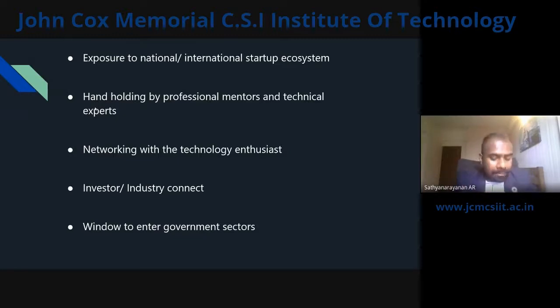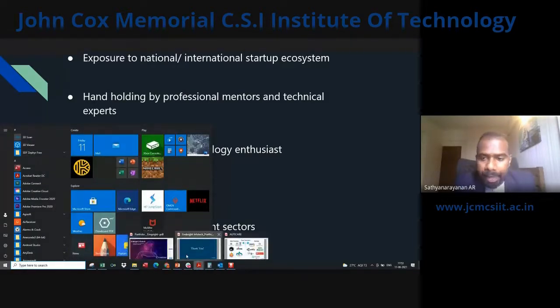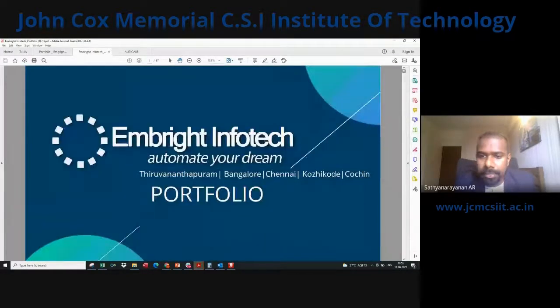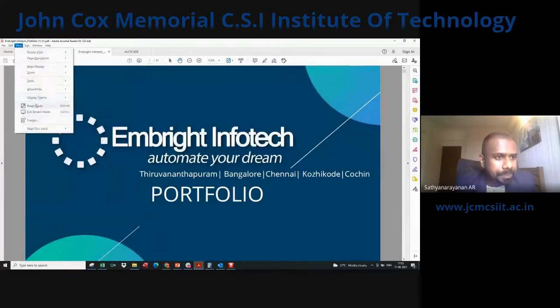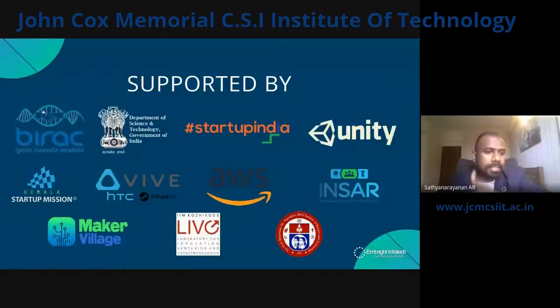So we take you through how Embright came to this pathway, and what we did in our application in our company. Basically, we have been supported by these organizations. We actually got a BIRAC grant for developing an assistive technology product, and there are various schemes by the government of India, and Startup India is another to set up your companies. They helped us set it up, and also organizations like Kerala Startup Mission in Trivandrum and across Kerala,